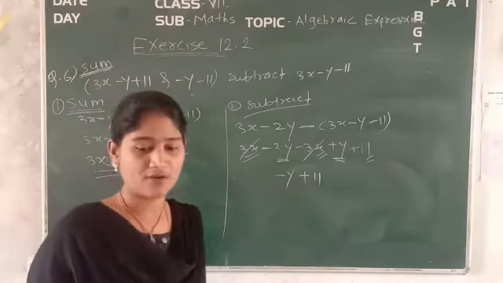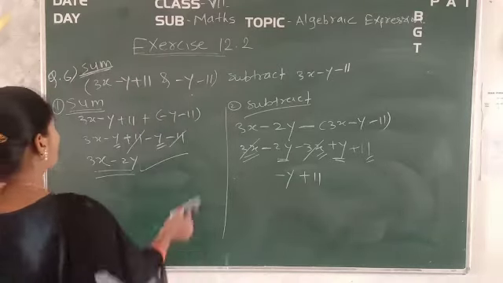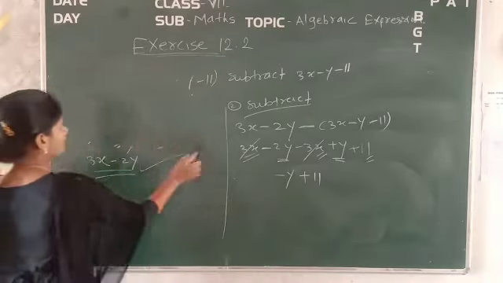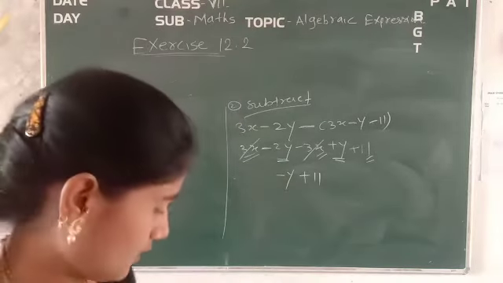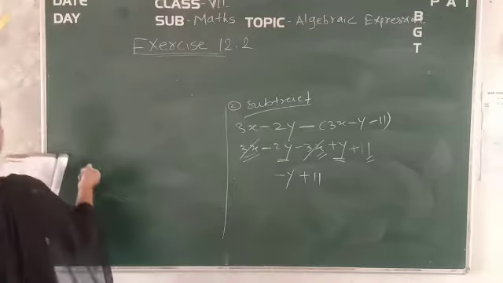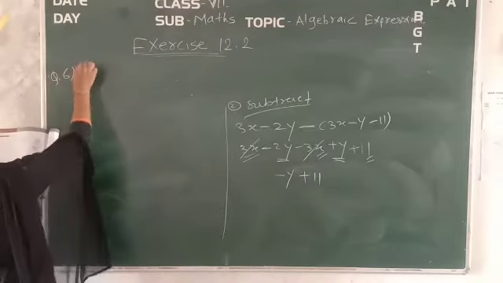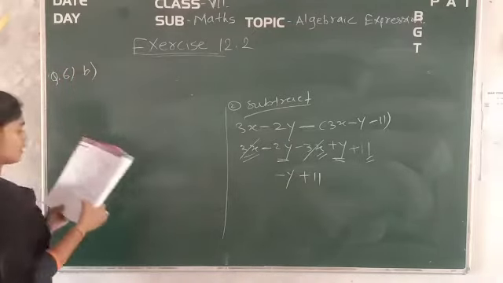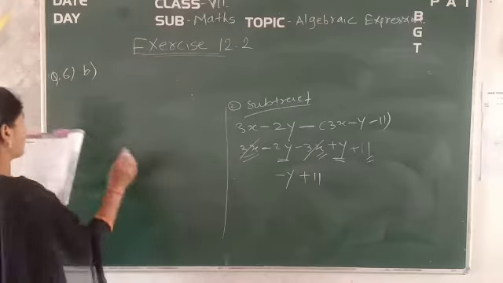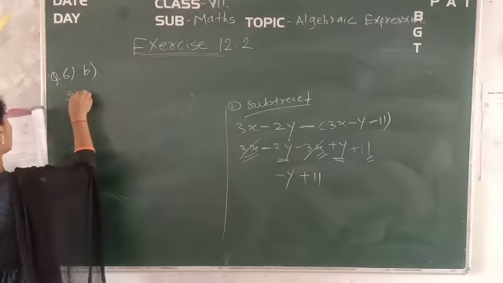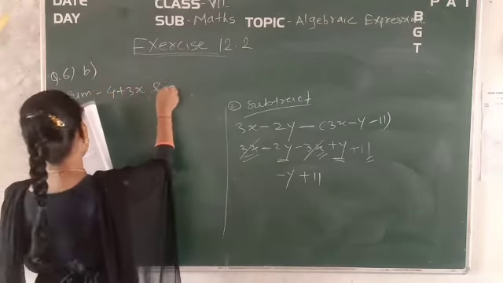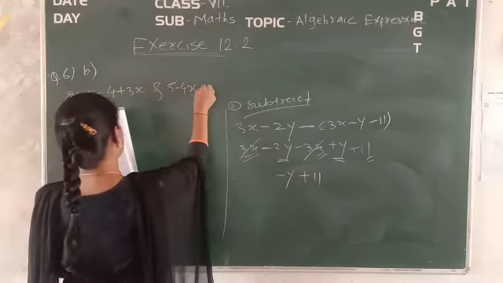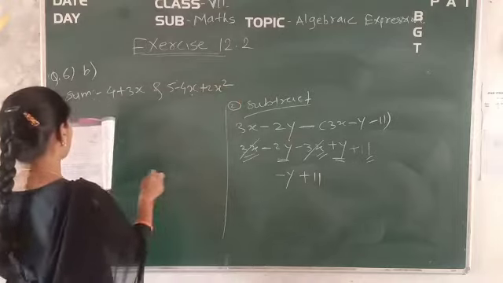Now just write it down. In question number 7, what you have to do exactly, I will tell you here. Okay, that question you have to do. So see here, in question number 6, same question but question number 7. What you have to do is, from the sum of, first of all we will write down, from the sum of what? 4 plus 3x, this, and 5 minus 4x plus 2x. Here you have to subtract.